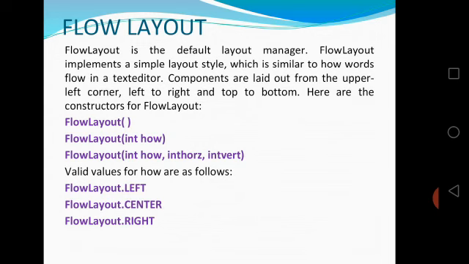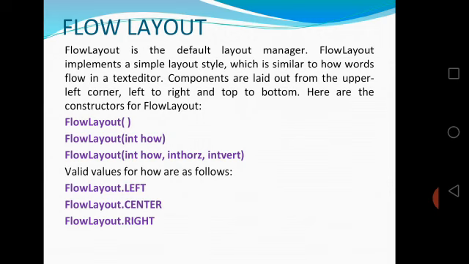It implements a simple layout style, just like one by one the controls are arranged, so it is known as flow layout. The components are placed from the upper left corner, left to right or top to bottom. In any way we can arrange it, but one by one the controls are arranged.